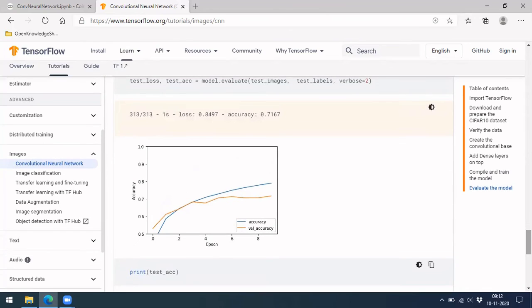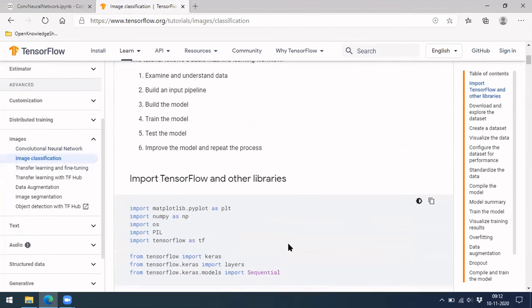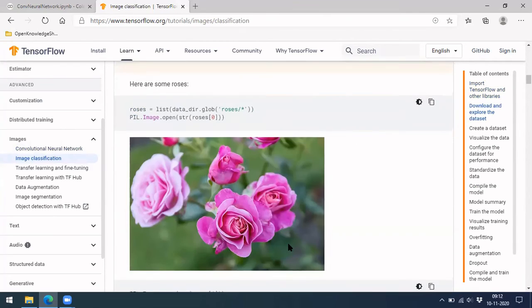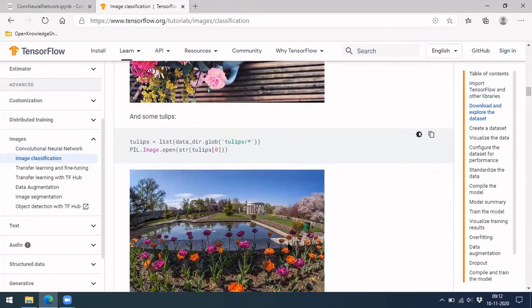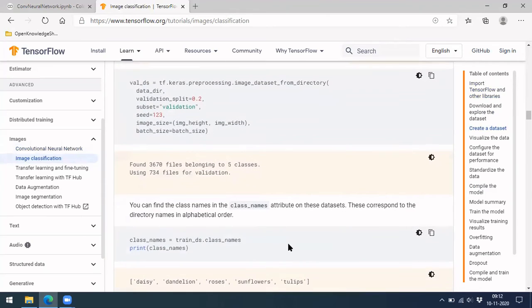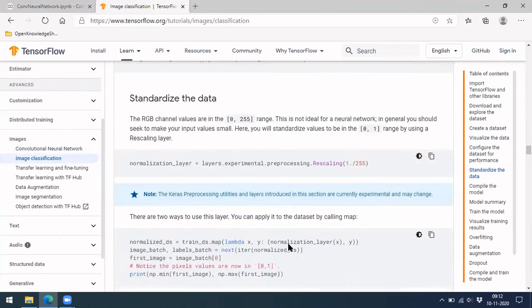Along with this, you can also mention a confusion matrix, because this is a classification problem, right? You have to compute a classification report and mention it. So let me jump on to this image classification. It may be taking the same data set. Oh no, they have used some other data set, but here they want to classify various roses and tulips like this. So I'm directly jumping down, because this will be the same, right? Same as before.